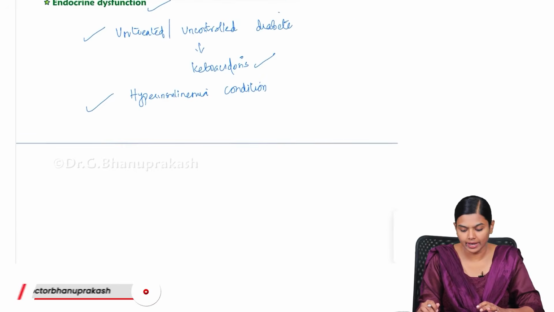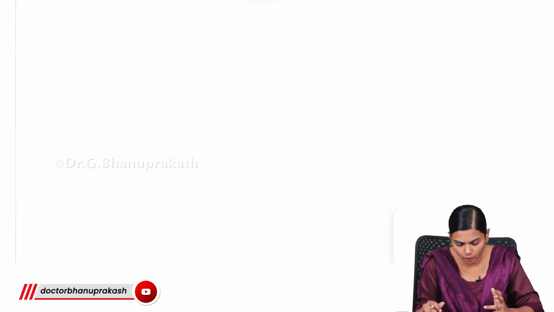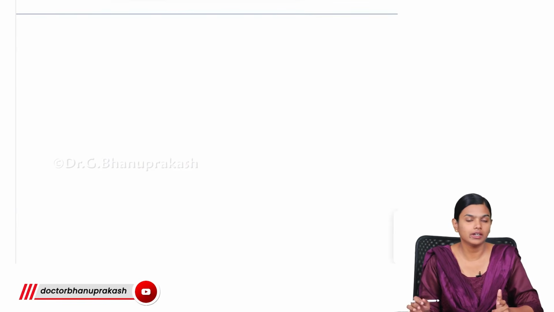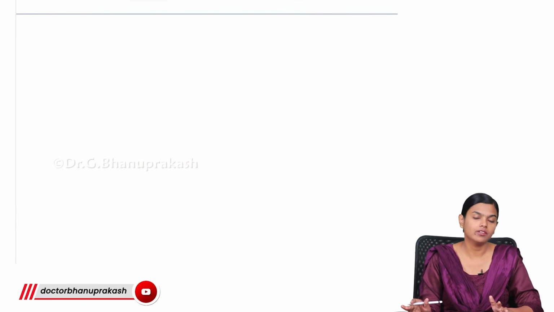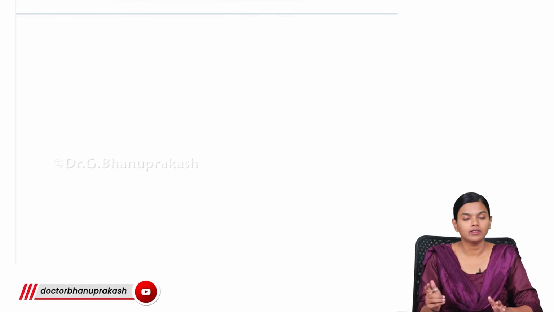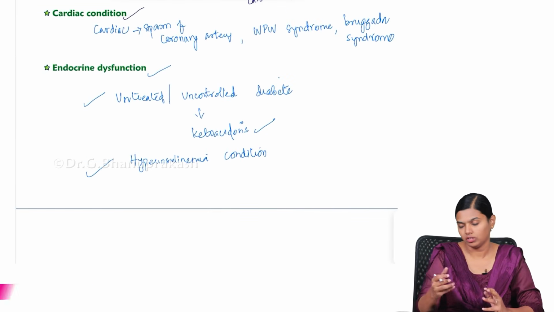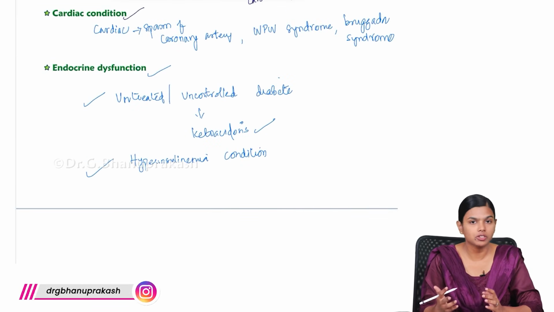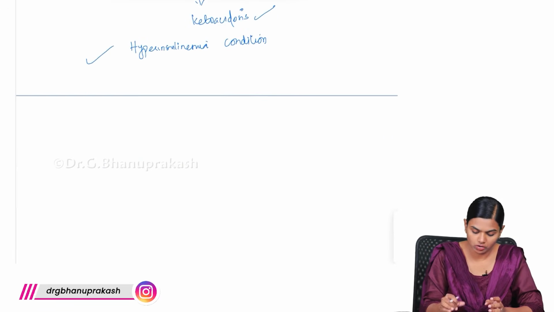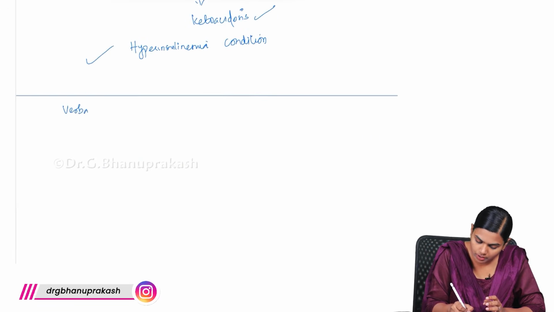So when you get a negative autopsy, the first thing that you have to ensure is whether we have done everything right or not, whether we have done anything wrong. That thing we have to find out. If we have done everything properly, then we have to go to the history. Verbal autopsy would be more useful. So we have verbal or psychological autopsy.